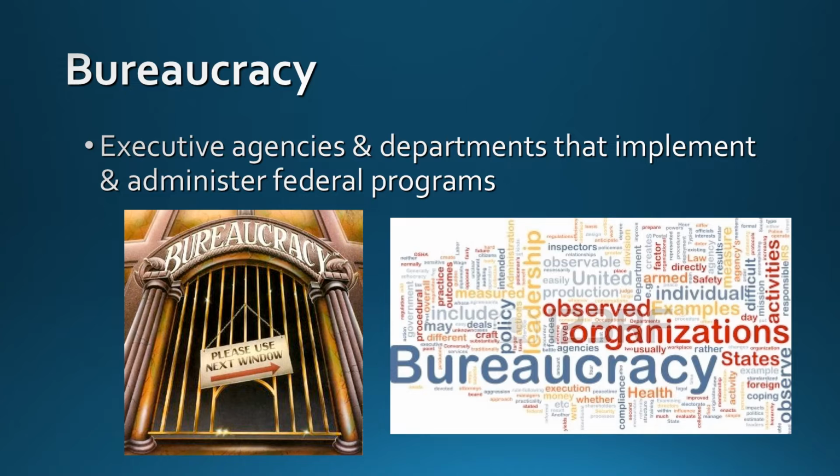So if you recall separation of powers, Congress has the job to make laws. They write the laws. Then the executive branch, the president, is in charge of enforcing laws. Well, obviously the president can't do that by himself, so he oversees the bureaucracy, which is a couple million people in the United States. They work for government agencies and departments, and they are the ones who actually implement and administer those laws, those programs, those things that Congress made in the first place. So if Congress makes a law and nobody implements it, it wouldn't matter. So the bureaucracy has a very important function in government, which is to actually implement and administer those things.